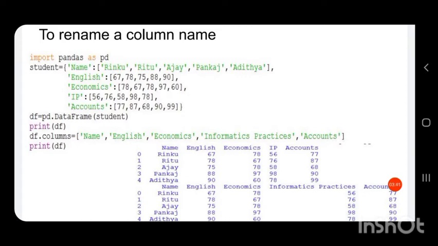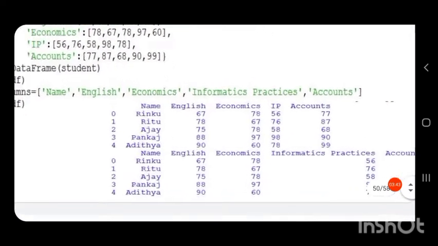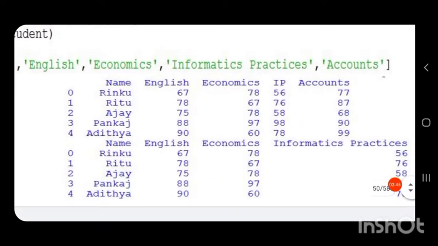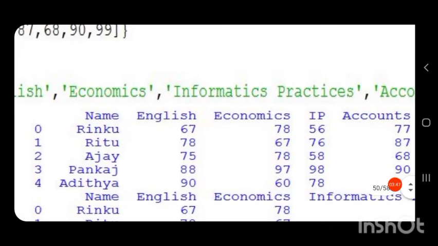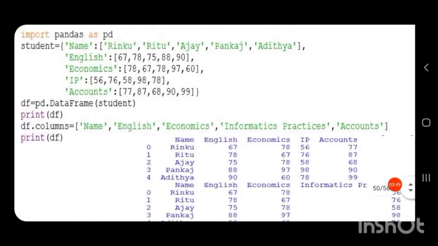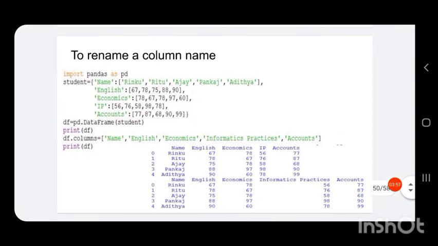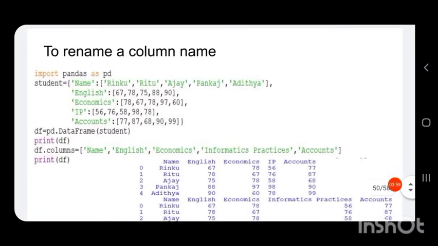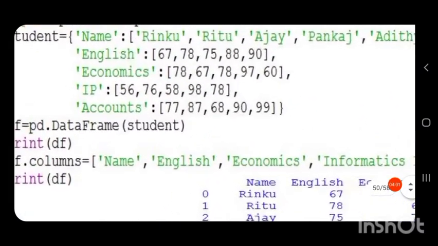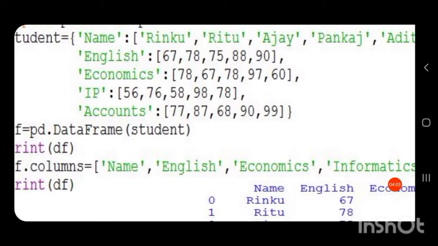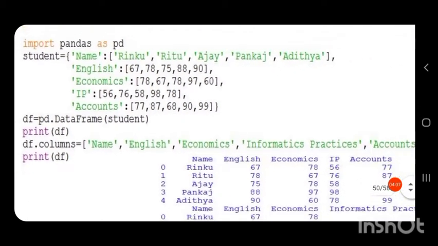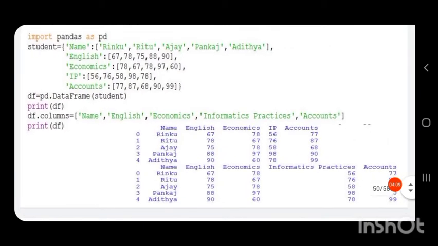Then print the data frame. We get the data frame like this. This is the data frame obtained. And if I want to change the name of a column, this IP, each key in this dictionary is a column name of our new data frame.